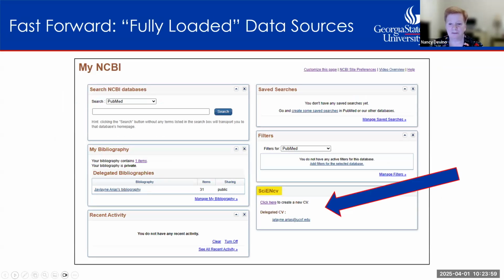Okay, so let's assume now that we have populated all of our data sources that are needed for NCBI. We've completely filled out everything that we can do in ORCID. We're not necessarily going to use it for every Biosketch, but everything is there, probably from the moment we started our first professional positions. Once you're here, you are ready then to come back to the My NCBI homepage and go to the SciENcv